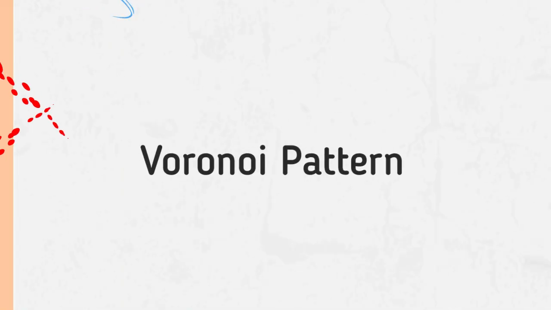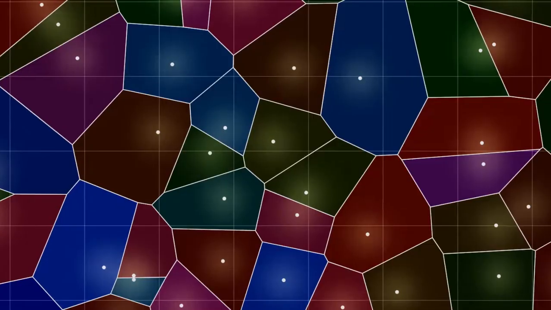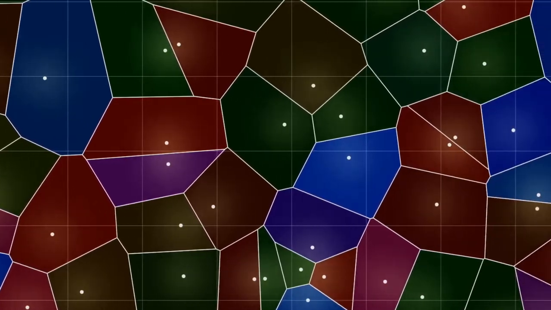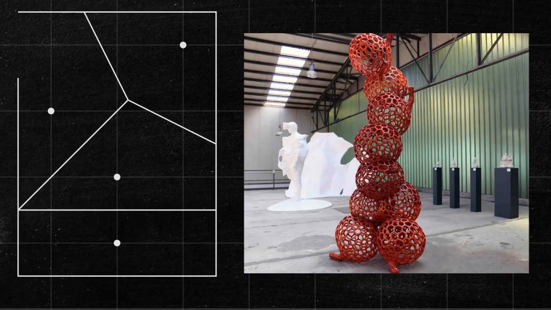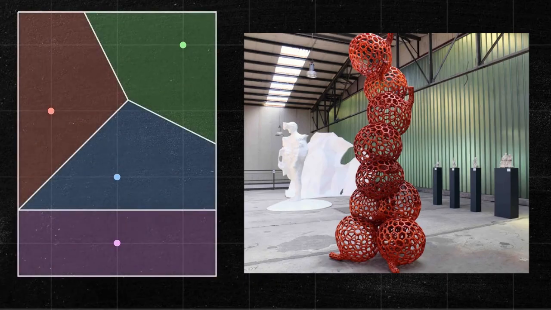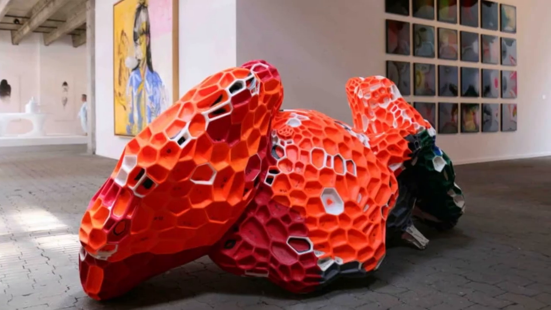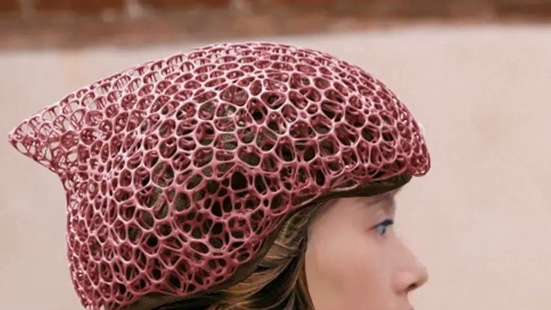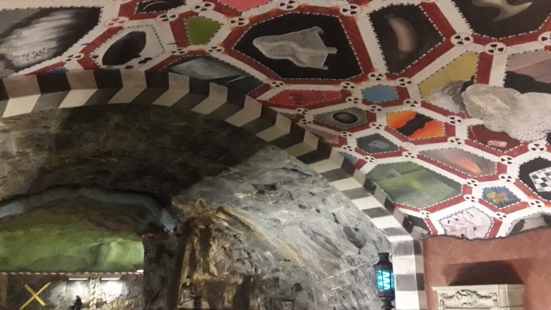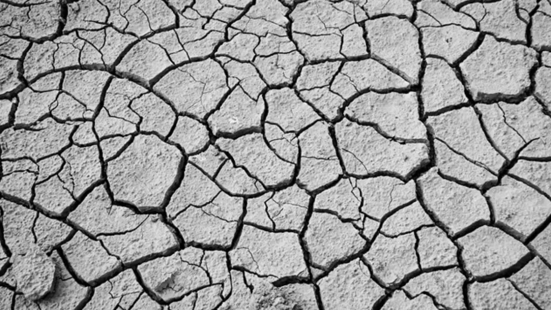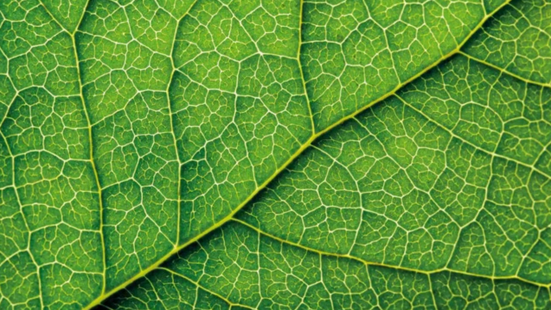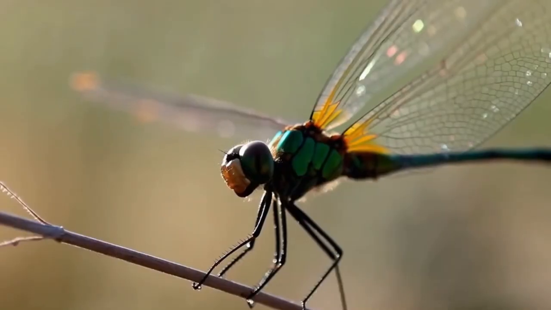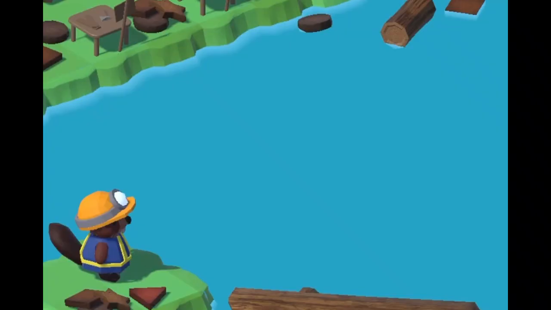The Voronoi pattern. The Voronoi pattern is an algorithm for partitioning a plane into cells around a set of points. The main principle is to define the region around each point that is closer to it than to any other point. The unique Voronoi pattern has its roots in the beauty of nature. The seemingly random arrangement of geometric shapes governed by an algorithm can be found in giraffe spots, dried soil, the delicate veins of leaves, or the structural patterns in dragonfly wings. This is why it is so often used to create organic, natural, and grid-based generative textures that imitate water waves